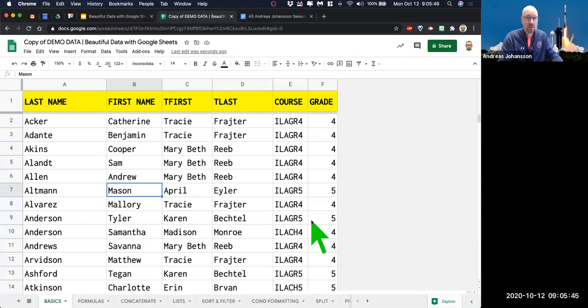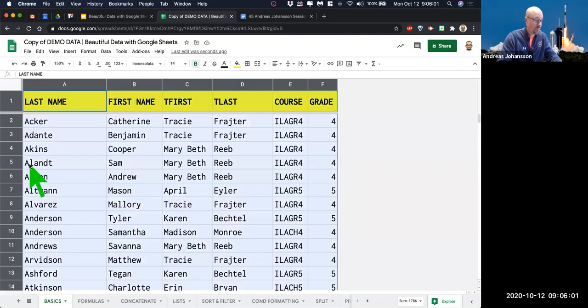Typically when you sort, you tend to sort by one column or multiple columns, and you do that for the whole spreadsheet, the whole data set. And so in this case, say we want an idea of who's here by last name and first name. Easy to do. So we start by selecting the whole spreadsheet,